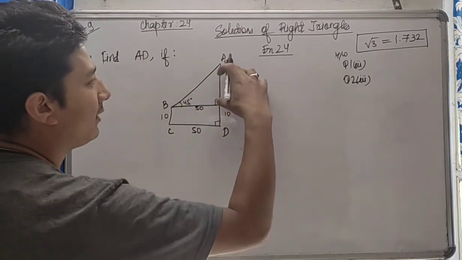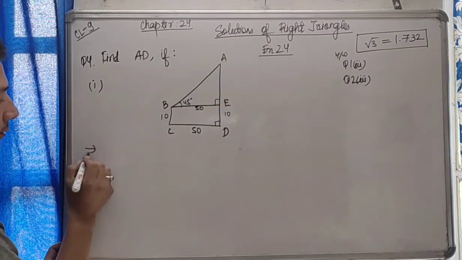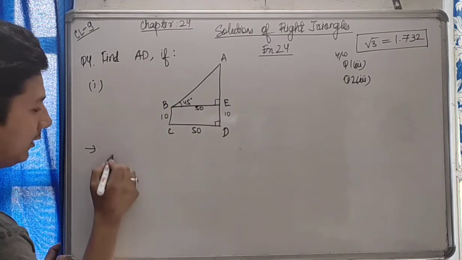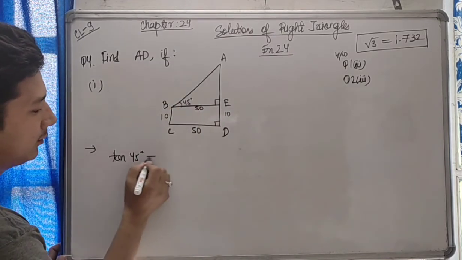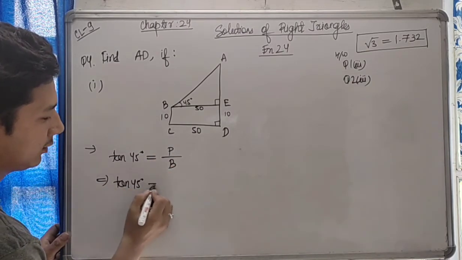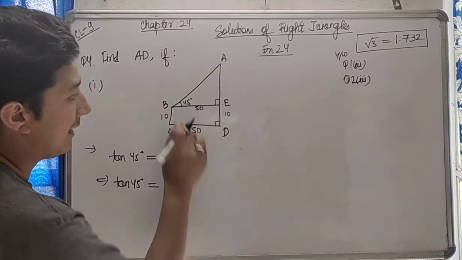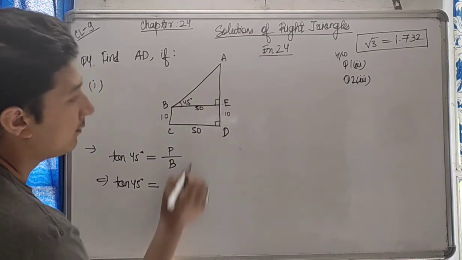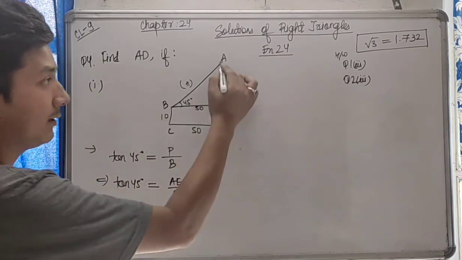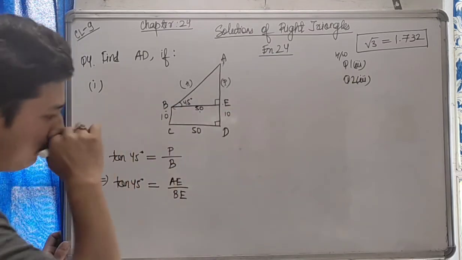Now I just need to find AE so that I can find AD. Okay, so now in this right angle triangle, from here, can I use turn permanently black? Obviously. So tan 45 degrees, turn permanently black. So tan 45 degree is equal to, what is permanently? Permanently means AE, and black means BE. Why? Because this is my hypotenuse and this is my perpendicular and this is my base. In this right angle triangle I am talking about turn permanently black. So AE by EB or BE.